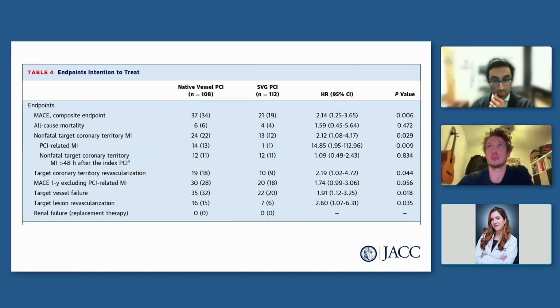Again, skilled operators and at highly skilled centers, but it would also, I think, speak to the fact that the numbers in the trial were a little bit lower than originally anticipated. So probably underpowered for that endpoint. And I'd love to hear, Dr. Hoek, what your thoughts are, because I think renal failure is an important outcome to look at, but may not have been able to really be assessed with the numbers in the trial.